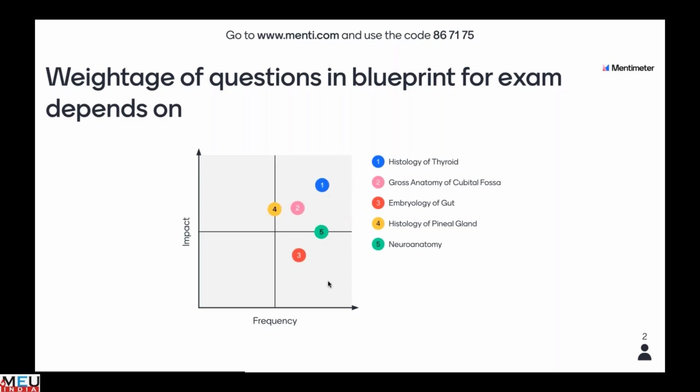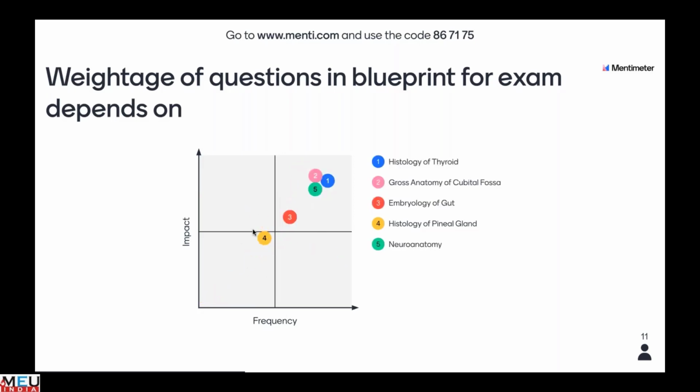And probably here, high frequency but low impact. So this can even be used in your department if you want to take opinion about a particular topic. And doing this using a real hard copy form would take much more time. But you can see already, based on the 9 or 10 people who have responded, that the pineal gland is the least important.